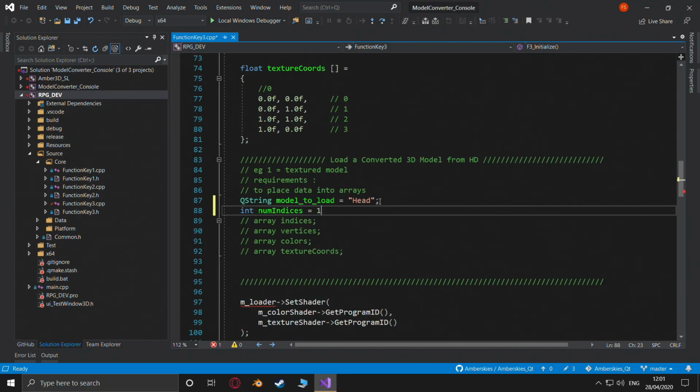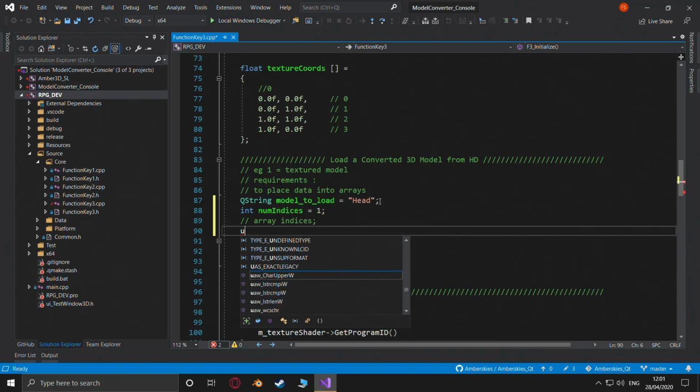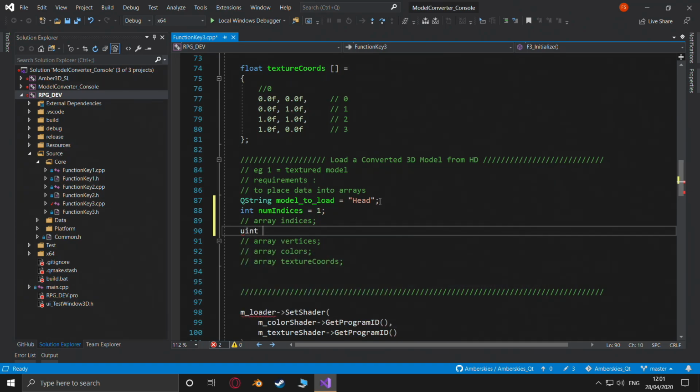No, we'll put it equal to 1. But that's a real number. Indices themselves are a uint. So we'll have a uint indices. No, we won't. We will have uint star indices